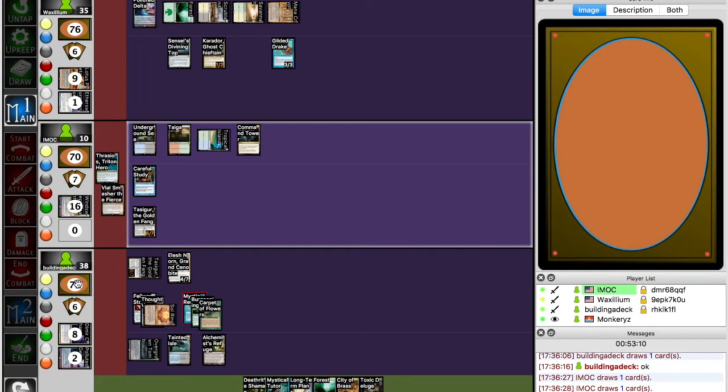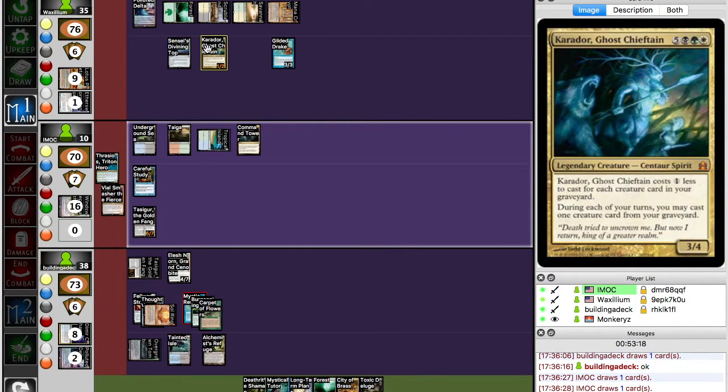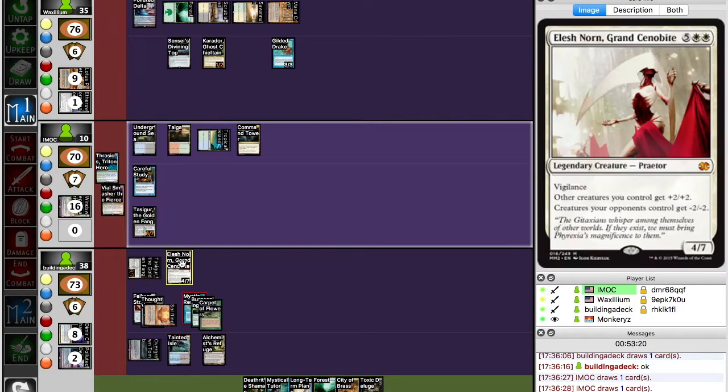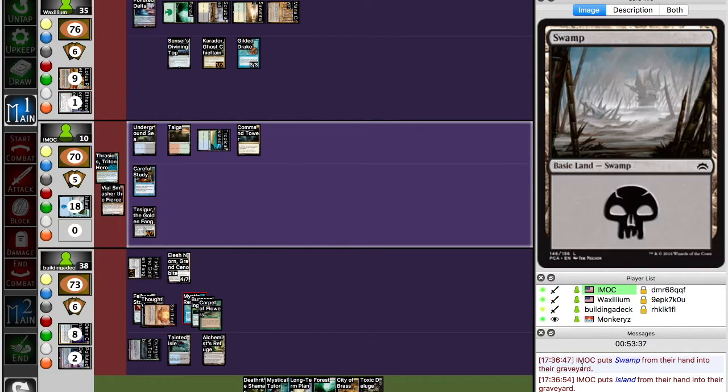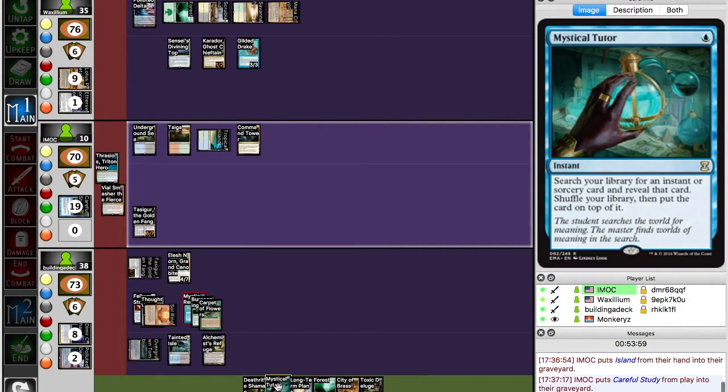I could flash in Deathrite Shaman. I'm not sure it's worth it. I mean, it could block Karador, because my Deathrite would be a 3/4, which is pretty cool. I don't think he's going to attack me with Karador, though. Swamp and an island. Alright. Yeah, so the unfortunate part about my new hand after the wheel is that I don't have that much interaction. I mean, I guess I could have Mystical Tutored for something, but...